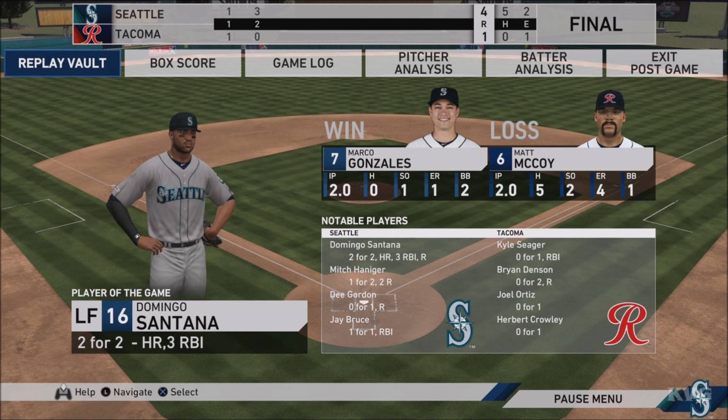Our final line score this afternoon. First for the victorious Seattle Mariners, 4 runs on 5 hits, 2 errors, and they left 3 men